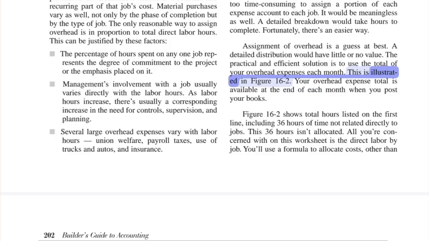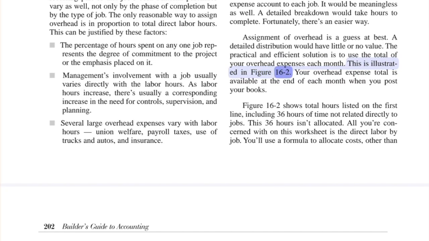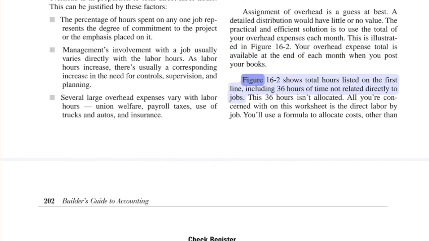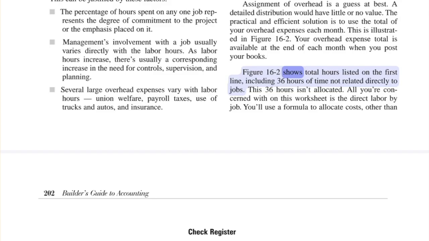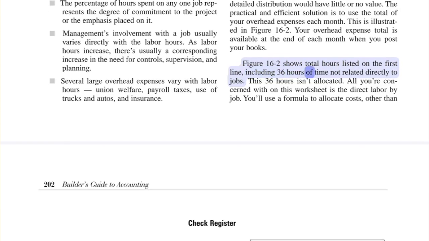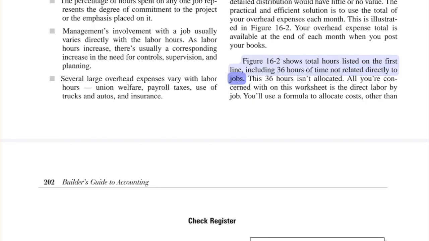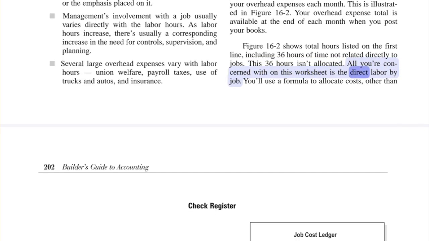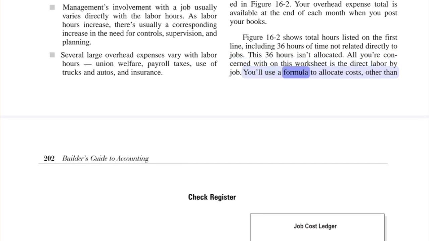This is illustrated in Figure 16-2. Your overhead expense total is available at the end of each month when you post your books. Figure 16-2 shows total hours listed on the first line, including 36 hours of time not related directly to jobs. This 36 hours isn't allocated. All you're concerned with on this worksheet is the direct labor by job. You'll use a formula to allocate costs, other than